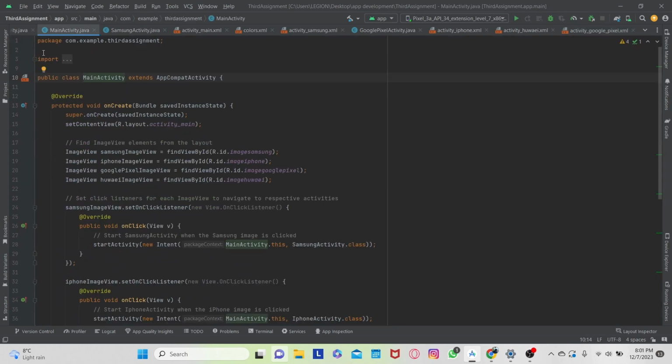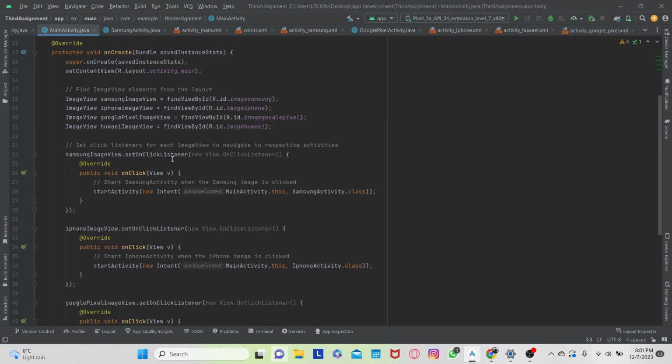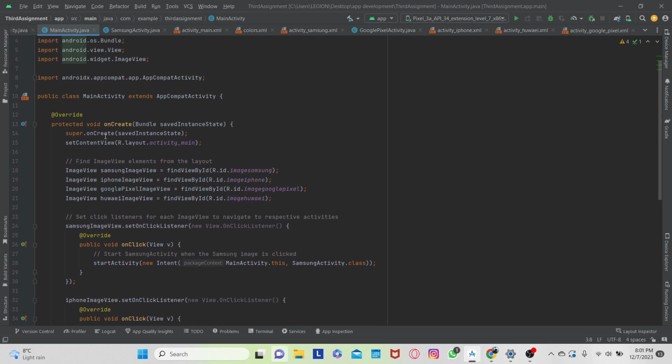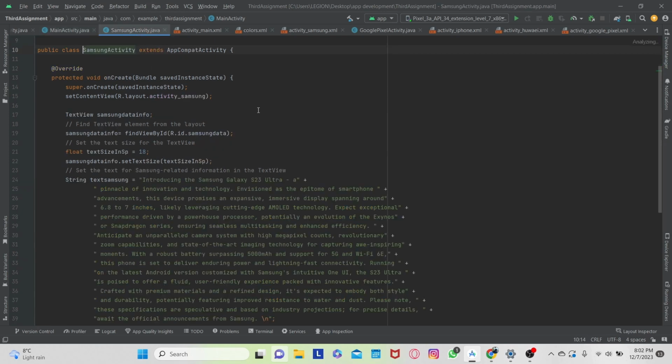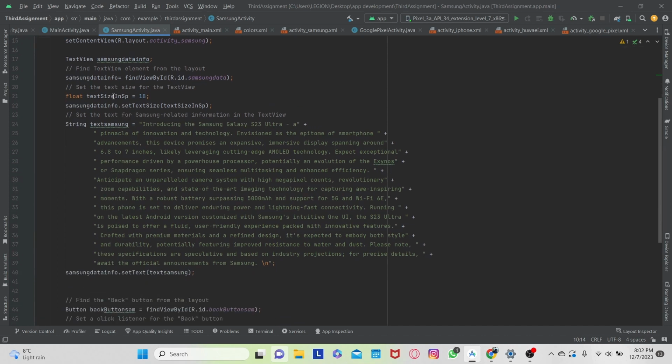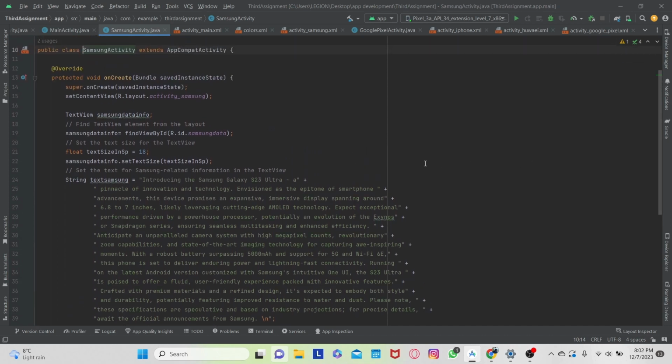Moving on to the Java code, that's all the imports, and here we are using findViewById, and we are putting on the listener so that when each of the images is interacted with, it goes to the other Java file. So Samsung relates to the Samsung activity Java, and here we are encoding the text message